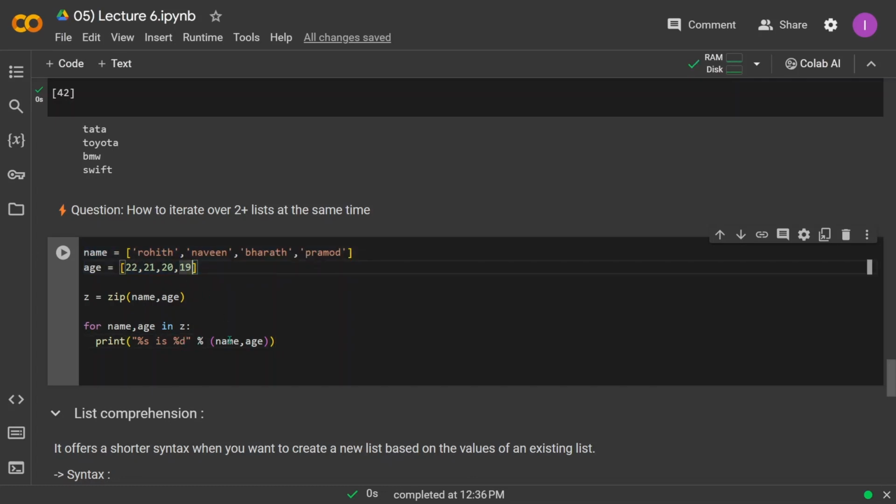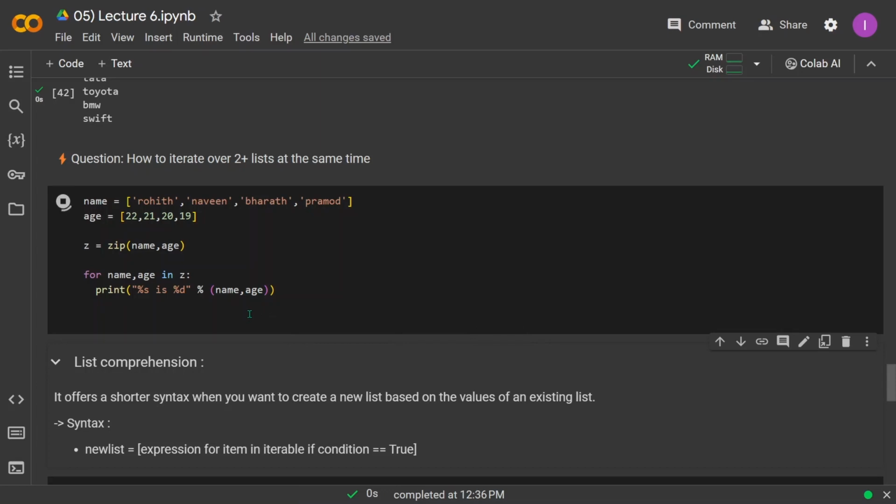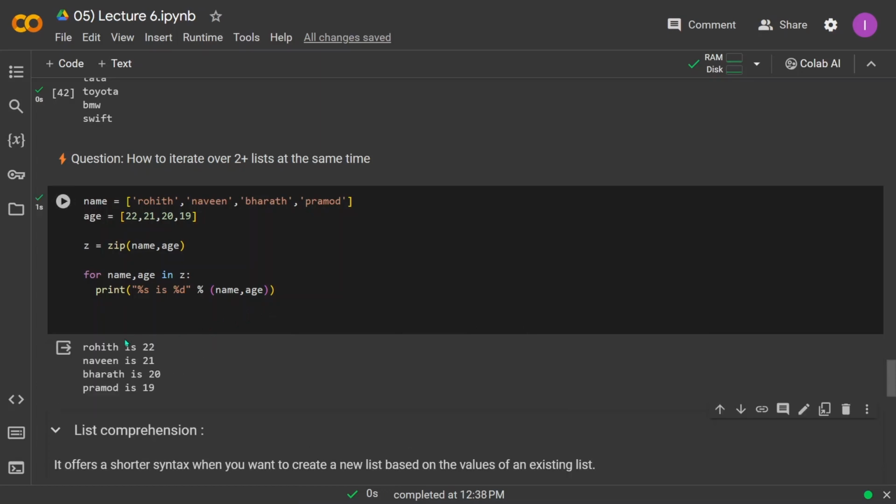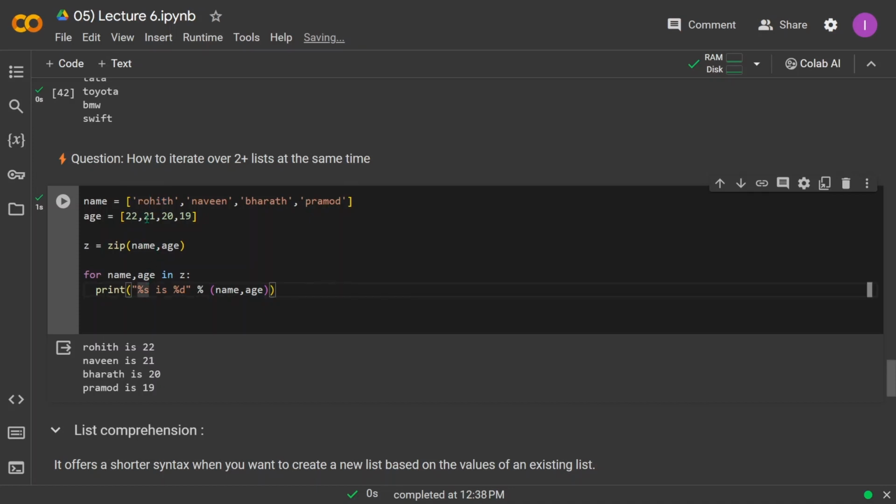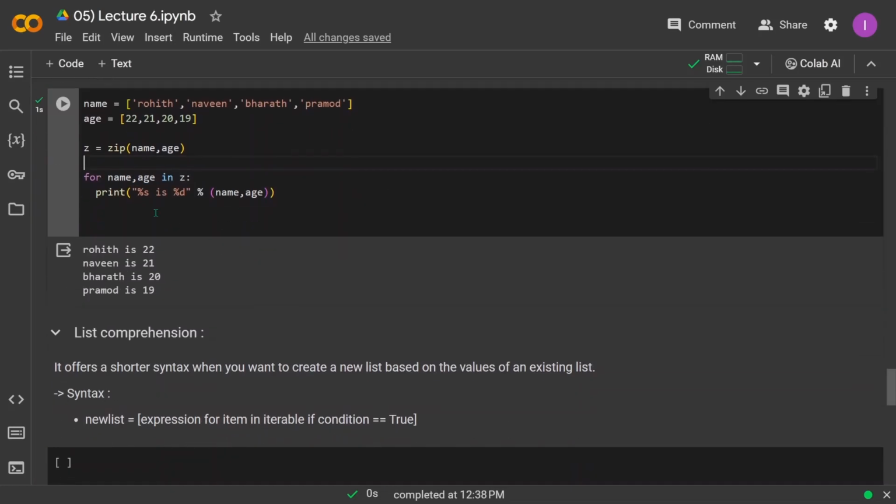For those particular elements, name and age will replace %s and %d. If I run this, you can see the output: %s has been replaced by Rohit. For the first iteration, Rohit has replaced %s and is printed as it is, then %d has been replaced with 22. So Rohit is 22, Naveen is 21, Bharat is 20, Pramod is 19. So this is how you iterate through two or more lists at the same time using the zip